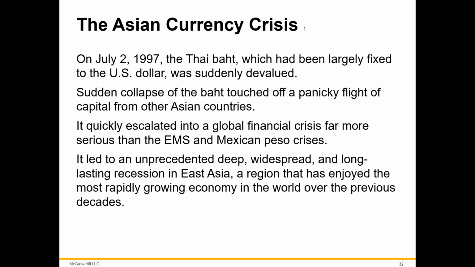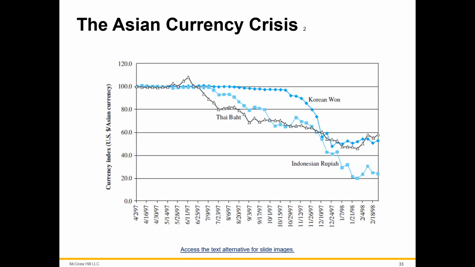So the baht abandoning its peg naturally makes all the other neighboring currencies at risk for abandoning their pegs, which causes a sell-off, which can bring to pass the peg abandoning by itself. It's, again, a self-fulfilling prophecy. So this is what happens. The Thai baht peg is abandoned, and then you can see right away the rupiah peg, and then this sort of cascade, right? So then the Korean currency,